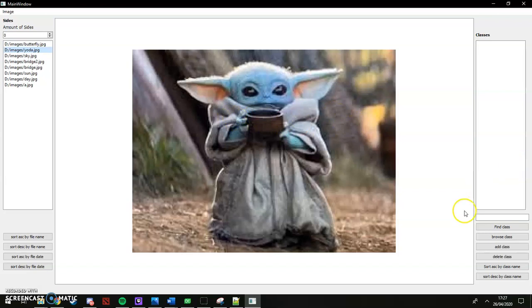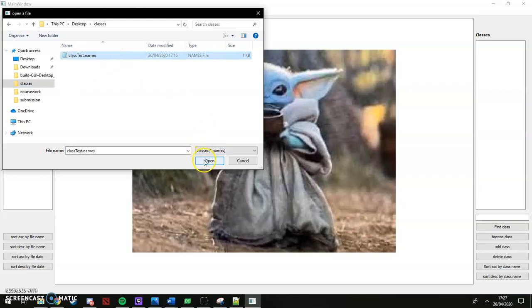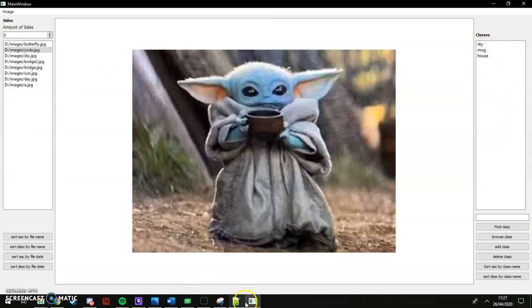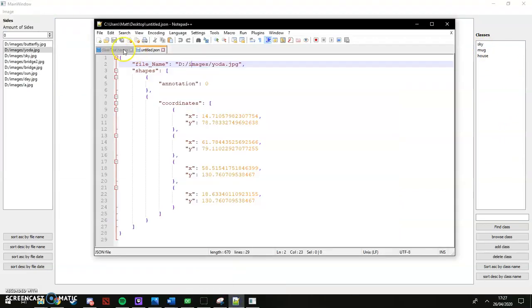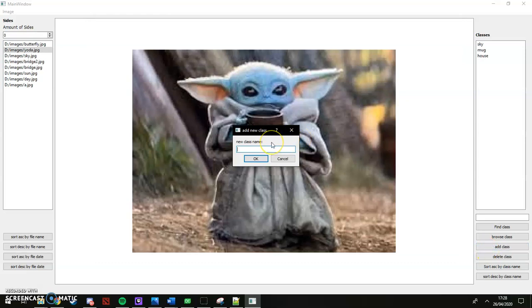I'm then going to load a class file, so we're going to browse class, then classes, and there. And as you can see, those relate directly to the class file here. I can then add a class in here. So for example, let's go with dog